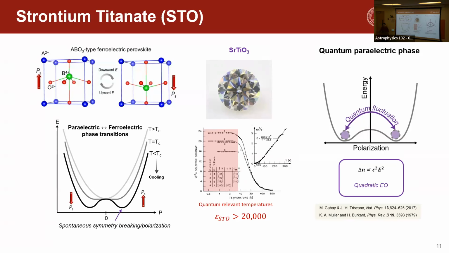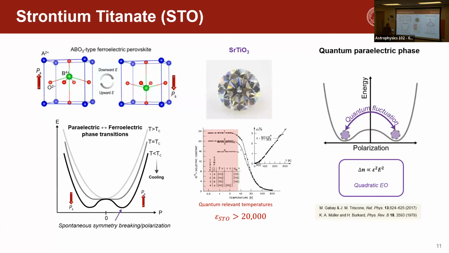This means that you're essentially in this regime of being close to the phase transition temperature for a relatively large range of temperatures below 10 Kelvin, which is something that we like because it means that you don't get the instability in your dielectric constant that you would get if you were using a material that's very close to a phase transition. The second point is that, as a result, it displays a quadratic electro-optic coefficient as opposed to a linear one, because we don't have this symmetry breaking in this quantum paraelectric case.